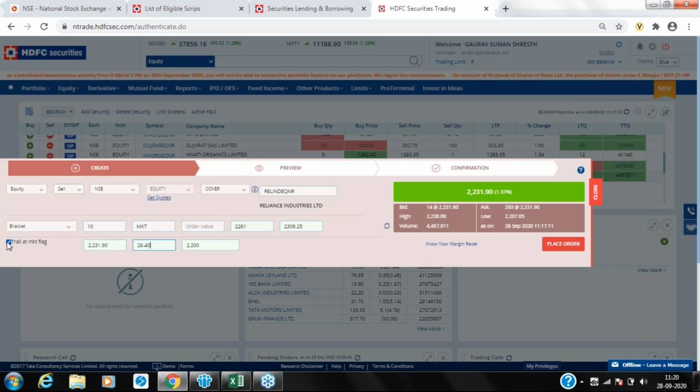Now we are keeping the trailing stop loss ticked. That means in case the market starts to come in our direction, in case the market starts to come down, the stop loss which you can see at the 2261 level will also start to come down. It will follow the market. In case I don't want that to happen, I can untick it and I can enter the price somewhere around my target. So since I've kept 2201, till the market reaches this level, the stop loss will not move. Okay. So this is how you can short sell in the bracket order facility. I hope the bracket order is again very clear.